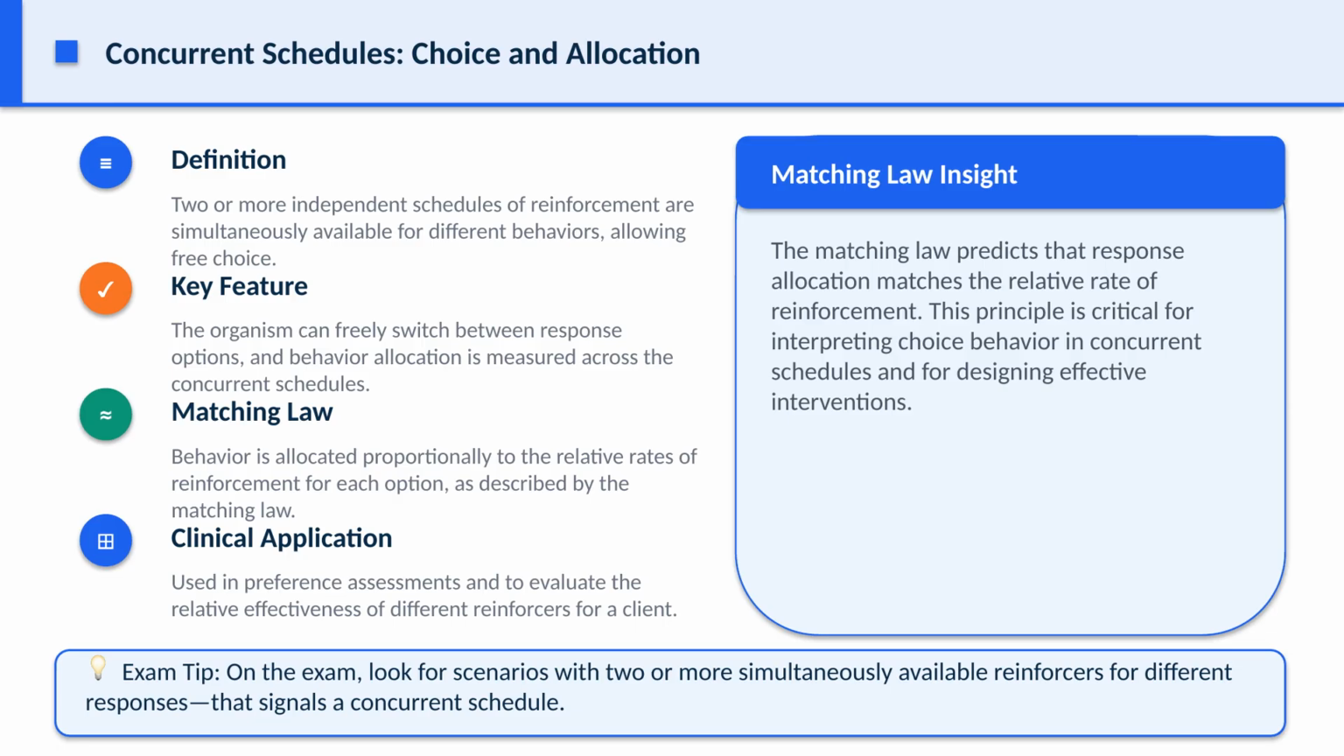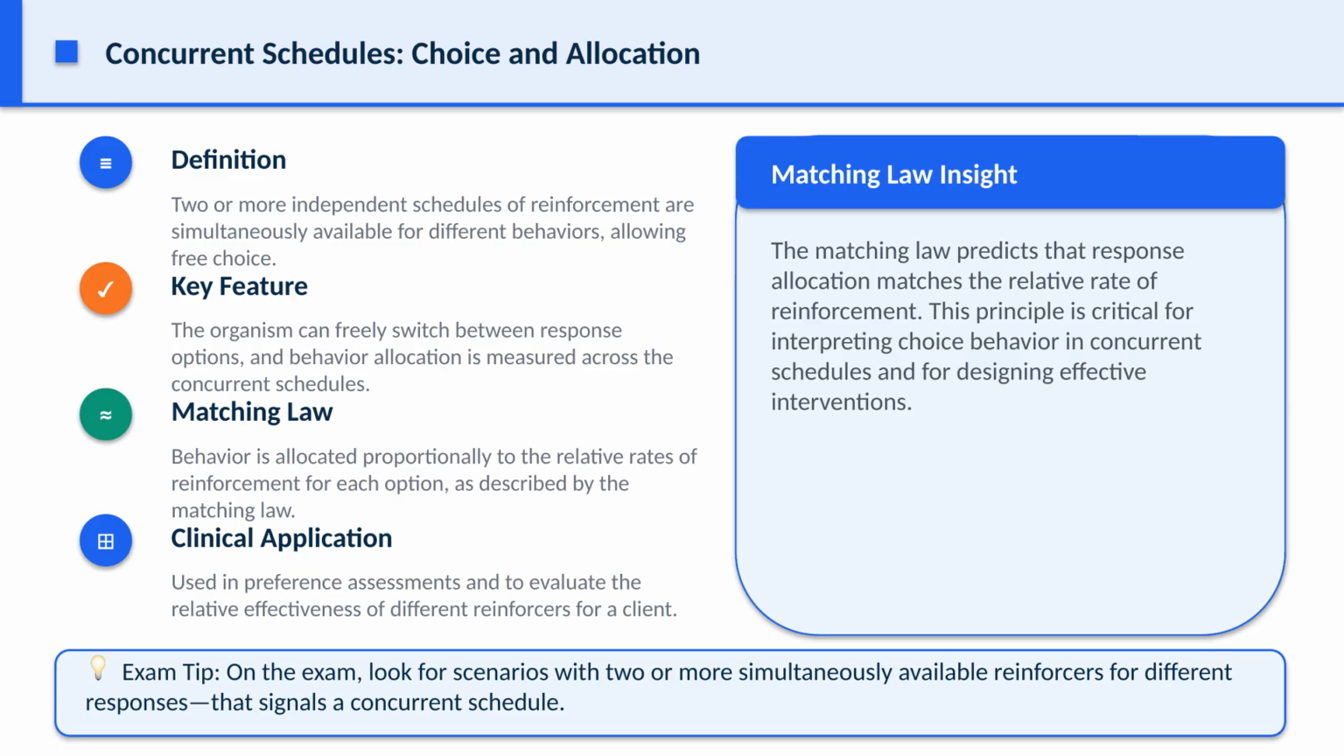For clinical application, you might use a concurrent schedule in a preference assessment to compare the relative effectiveness of different reinforcers, such as praise versus access to a preferred toy. For example, if a child can choose between two tasks, one yielding praise every 5 minutes and the other every 2 minutes, you would expect more time spent on the task with a higher reinforcement rate. On the exam, be ready to identify concurrent schedules when you see multiple behaviors being reinforced independently and simultaneously in